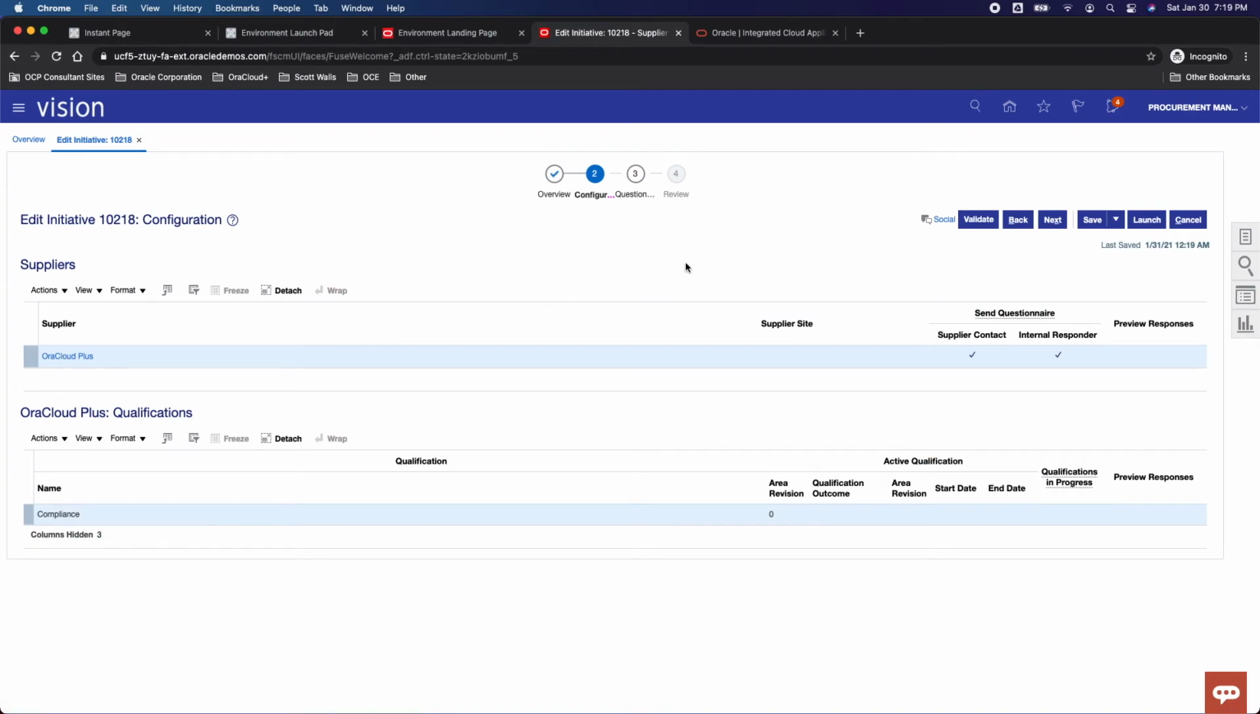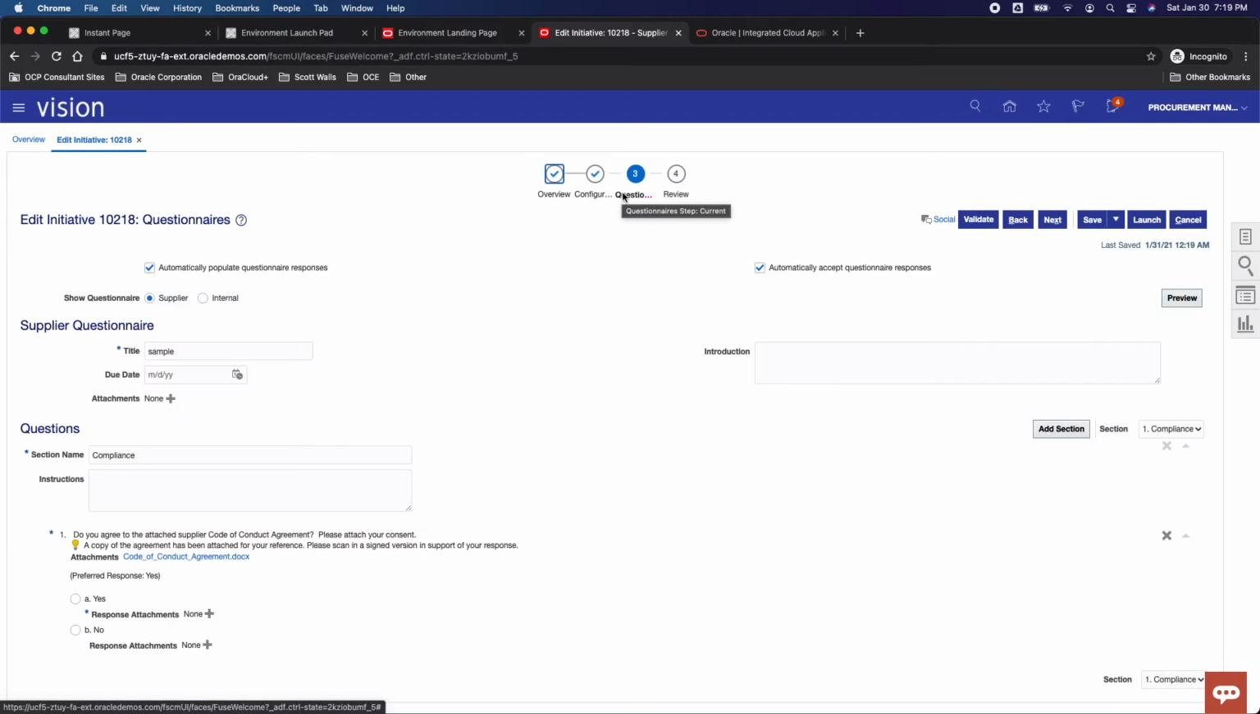We've got this just from a configuration standpoint. And I'm going to go back. It would list the questions that are part of the qual area that we've joined in. You would see those questions, which you see here, and different sections that would be over here. It could be more exhaustive. This is pretty simple. And then you go to a final review step here before you would launch the initiative,